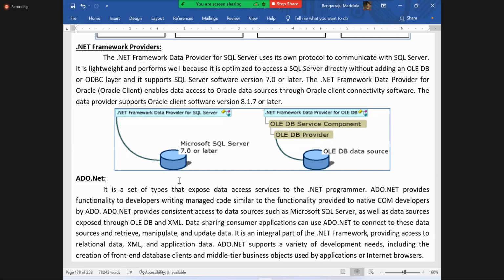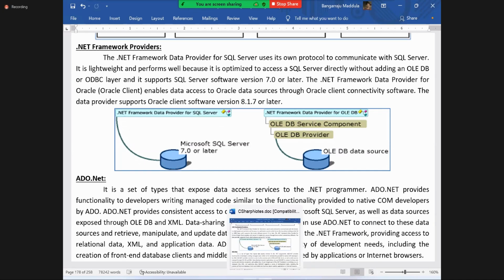I'll show you using ODBC in the code, using OLEDB in the code, as well as using the framework. I'll start with ODBC, then I'll show you OLEDB. And finally, we'll stick with the framework. Is it clear, all of you? So that's exactly what we are going to do. We'll stick with the framework finally, and see how to work with it. So coming back,